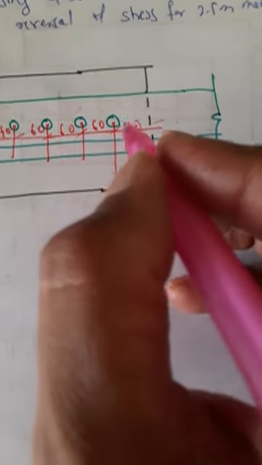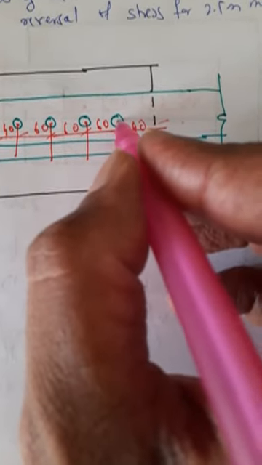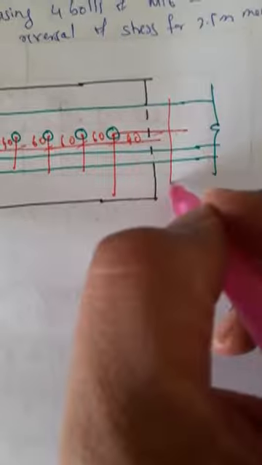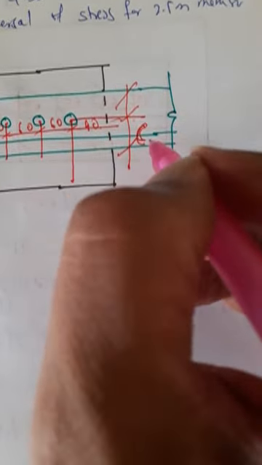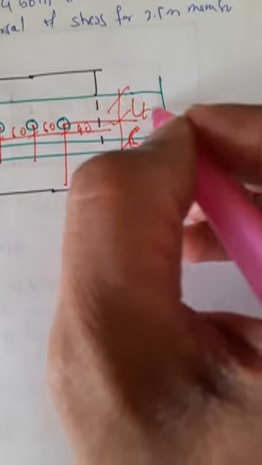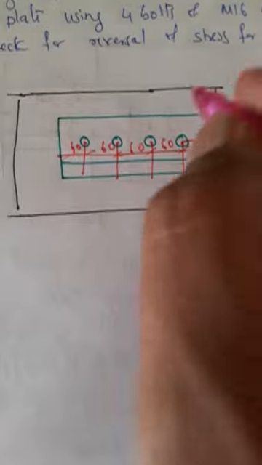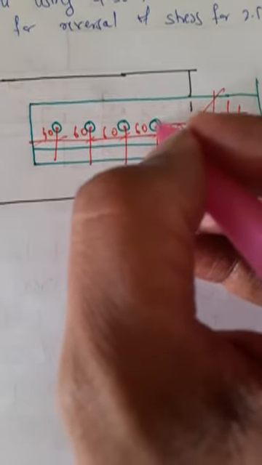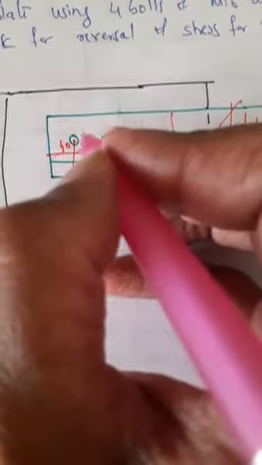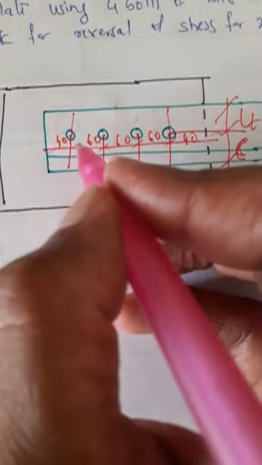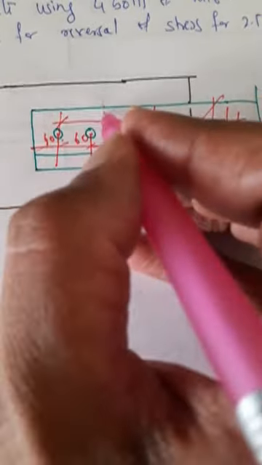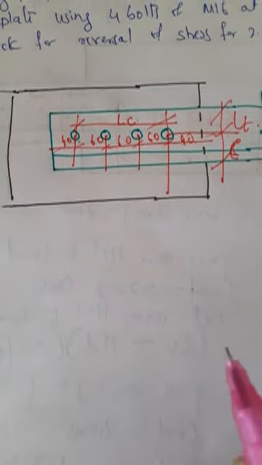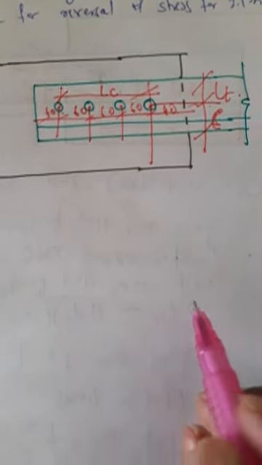Now from this bolt center to the bottom, this is C value, and C value you are getting from SP6, and this distance is LT. This distance, bolt center distance from extreme bolt from this end and that end, is nothing but LC, center to center distance of the farthest bolts.